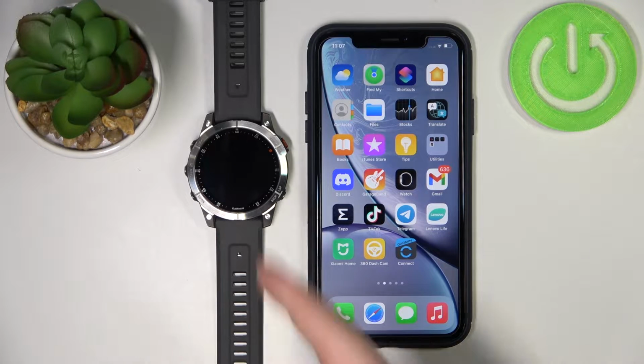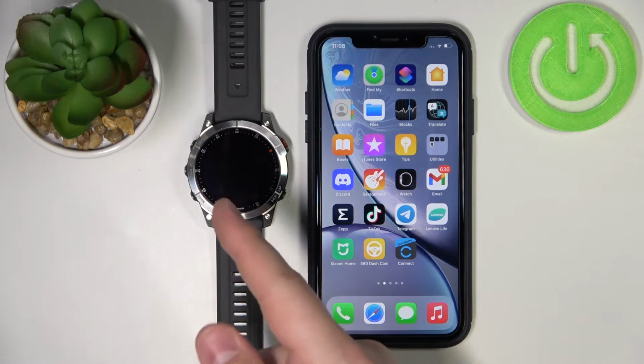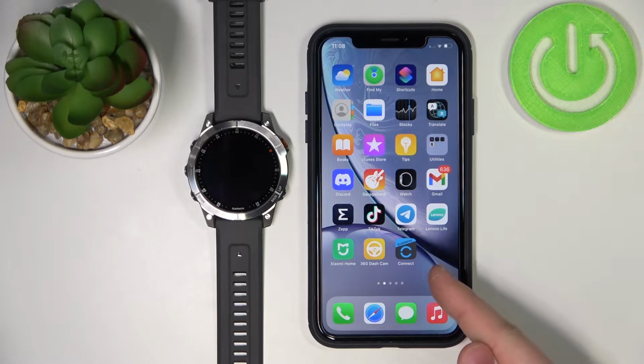In front of me I have the Garmin Epix Gen 2 and I'm going to show you how to enable the phone notifications for this watch on your iPhone. Of course, your watch needs to be paired with your iPhone via the Garmin Connect app. For this to work, once the devices are paired, we need to check if the required permissions are allowed for